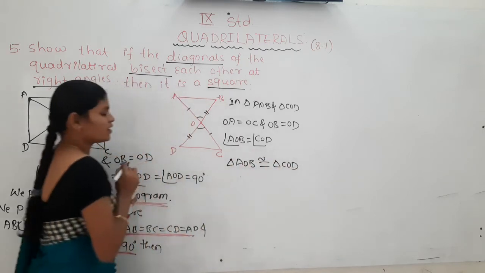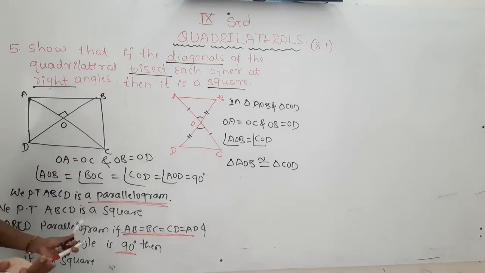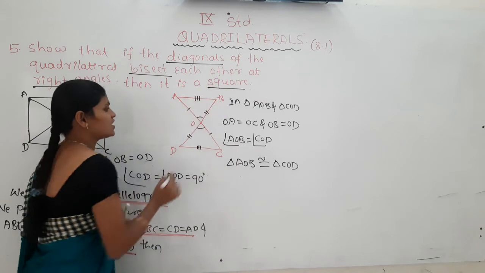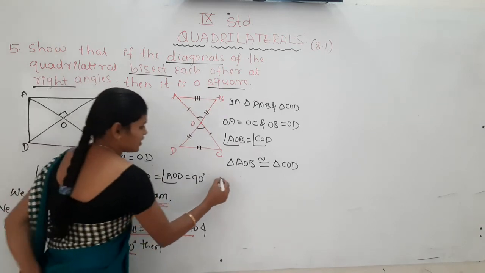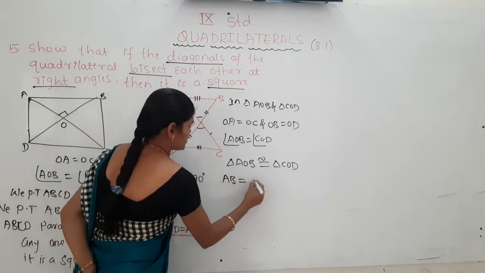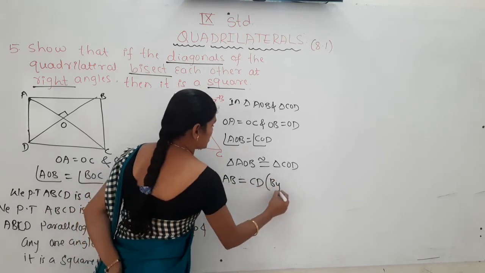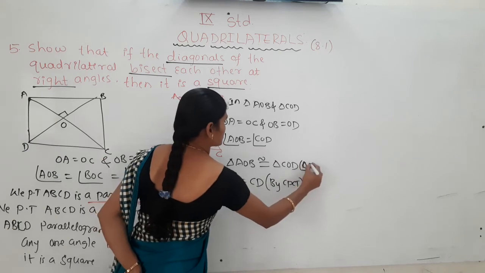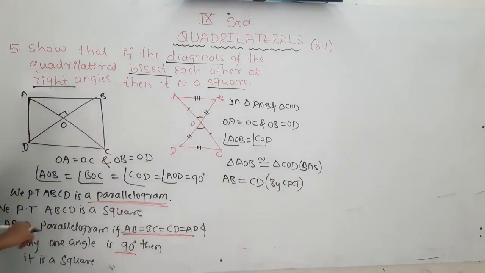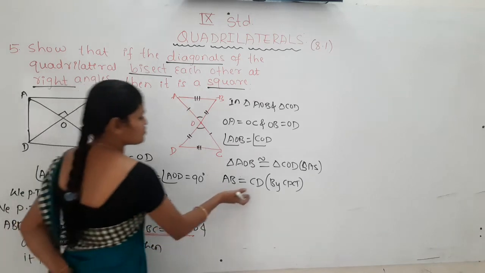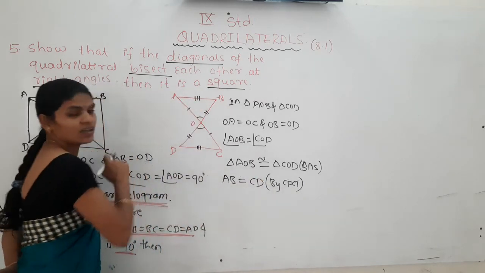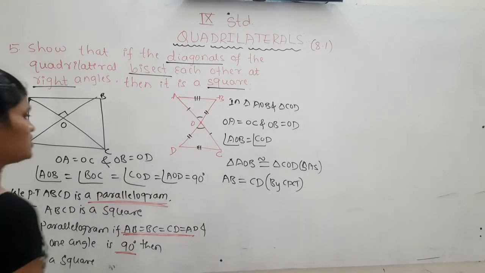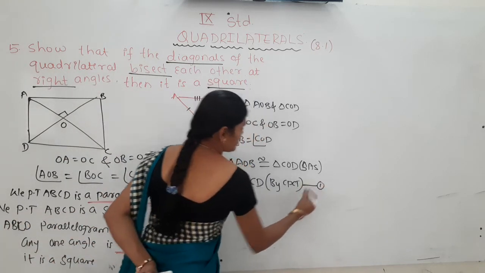If these two are congruent, then the corresponding parts are equal. Then our third side AB is the same as CD. Yes or no? Why? By the AS congruence condition, these two triangles are congruent. Then by using CPCT, these two sides are equal. Just give this as equation 1.